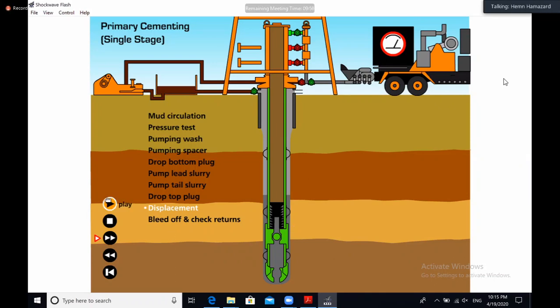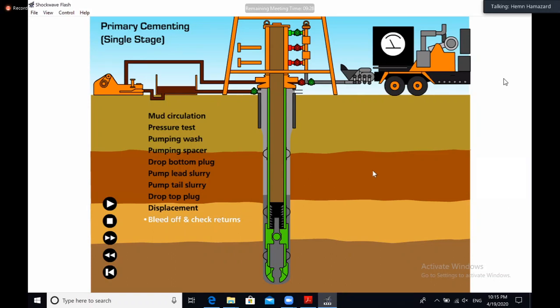And then after that, after you pump the displacement, this mud, you see some pressure. As soon as you see the pressure, that means the top plug has reached the lower plug, and now your cement job is successful. And then you shut off the pump. You don't pump any more mud, and then you wait for a few minutes to see if this valve is holding. There is no back